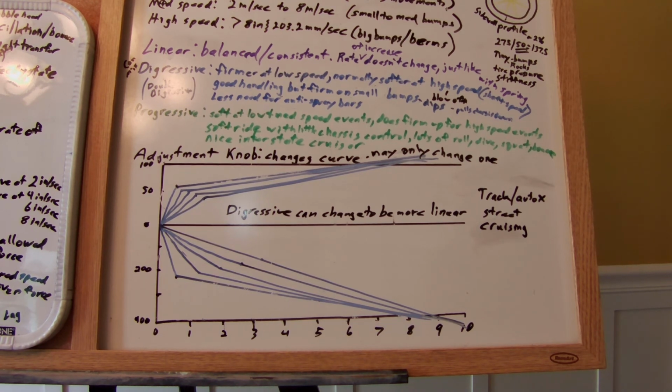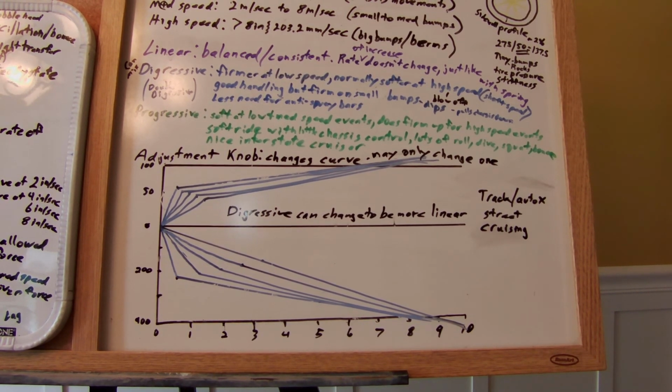And this is why you can run digressive, even double digressive, dampers on a street car. When you're at full clockwise, so all the way shut, you can do your track or autocross. And I say fully shut, but you may not want them fully shut depending on how they're tuned. They may be too hard and you lose grip, but you'd have them firmer for track and autocross. You could back them off a little for street